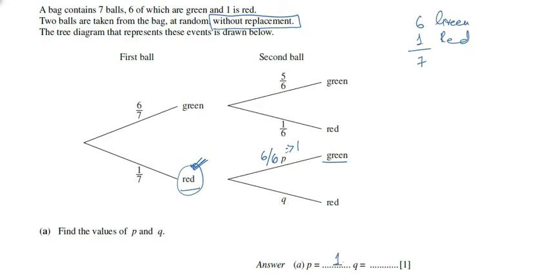Now to find the value of Q, if the first ball is red and the second ball is again red. When we picked the first ball and it was red, we had only one red ball in the bag. Now how can we pick the second red ball? We cannot pick the second red ball because it is impossible to happen. Whenever something is impossible to happen, the probability is 0. So it will be either 0 upon 6, then 0, or you can directly write 0. So the value of Q is 0.